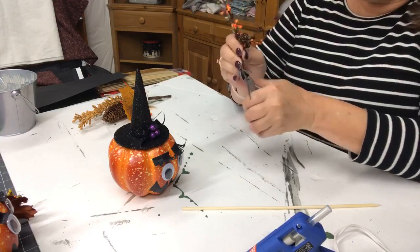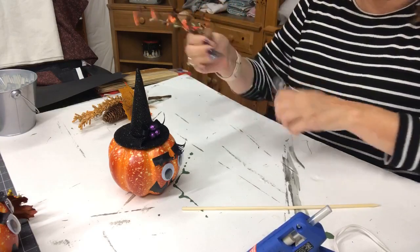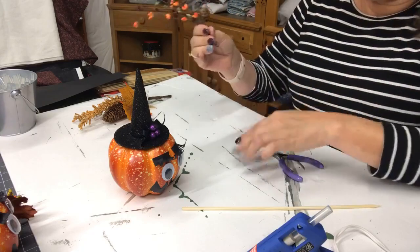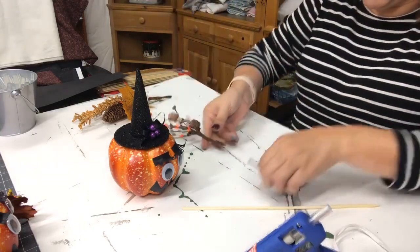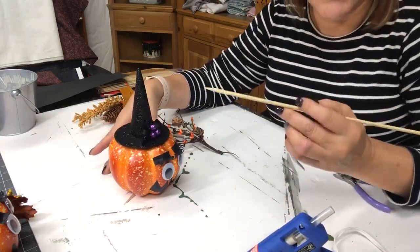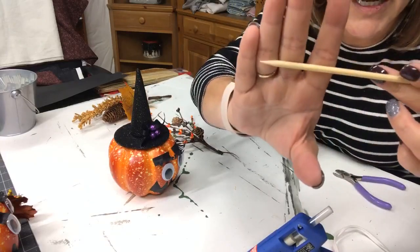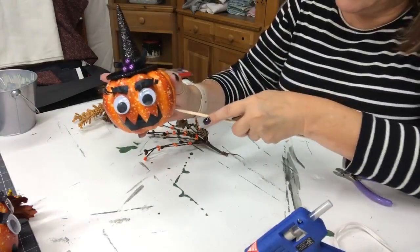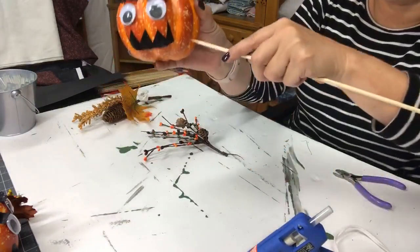It's gonna be very important because these are really tough. That one might actually work. Awesome. Okay. So what I do is I take my barbecue skewer once again because it's got the sharp pointed edge, okay? And I just take it and I stick it in the side of my pumpkin where I want to put the